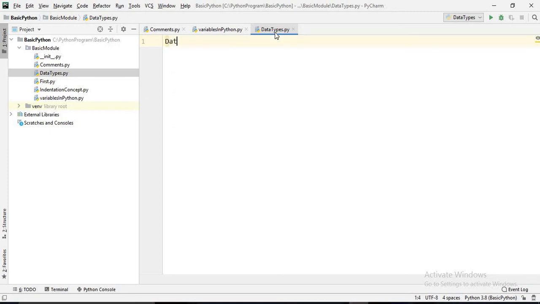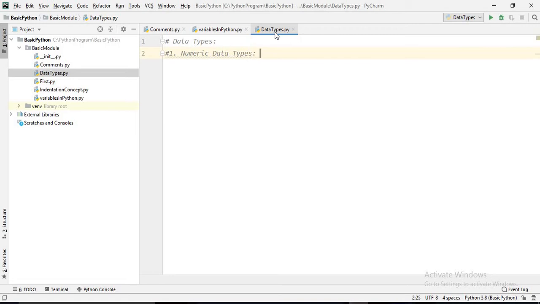There are various data types. First one is numeric data types.